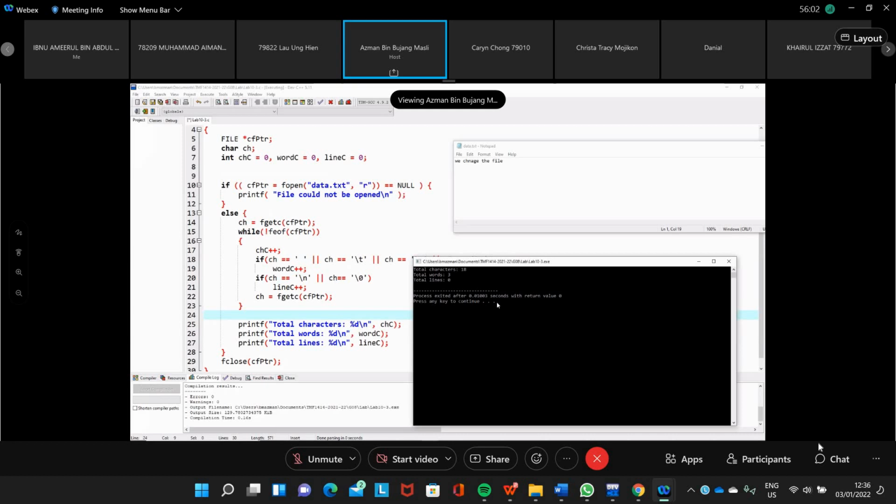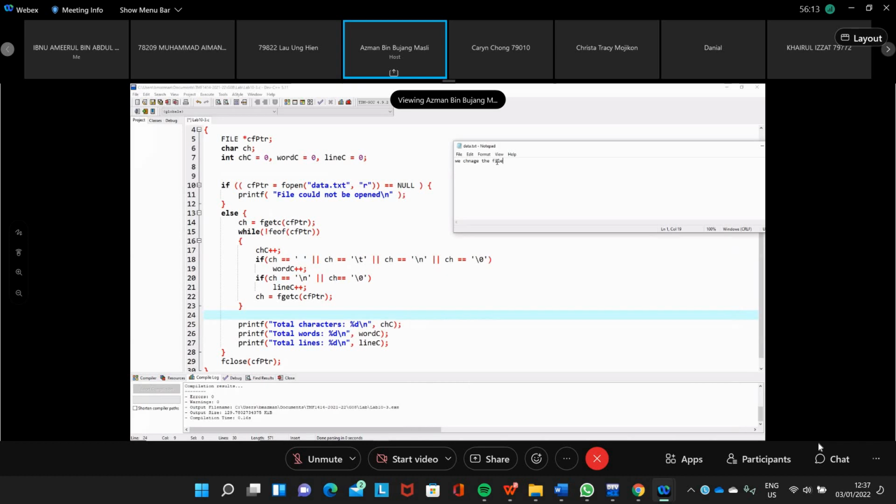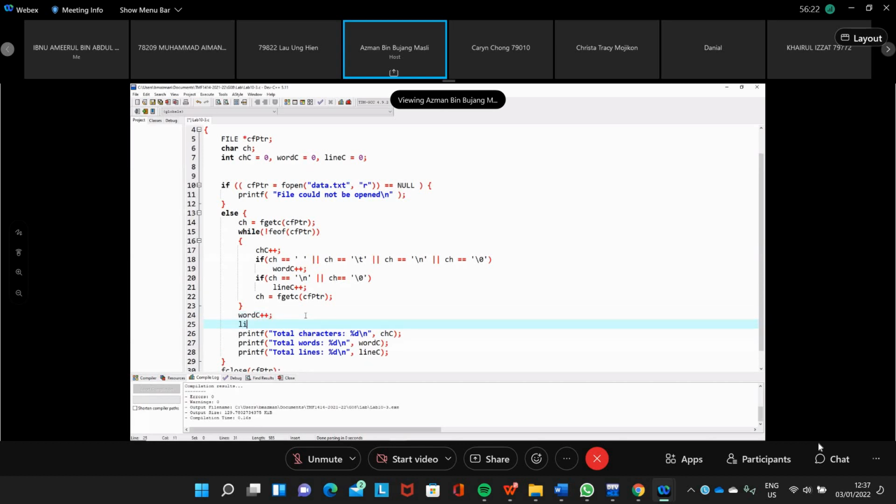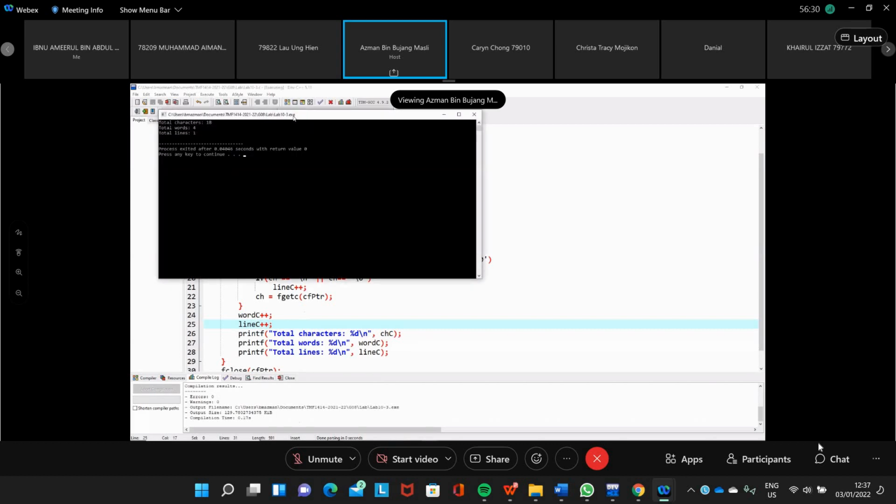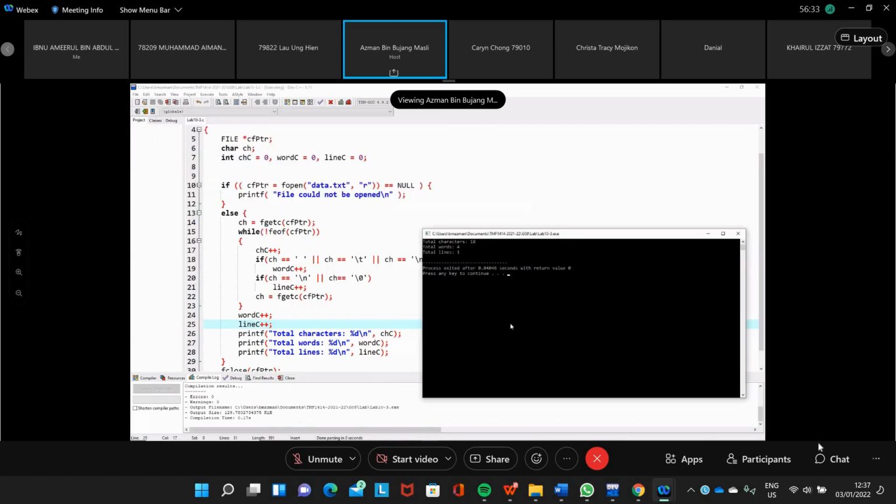We need to increase the word count as well because the last word has not been counted, because we reached the end of file at the end of the last word. So we need to put here word count plus, and then we need to increase line count plus as well, to get it correct. So when you run the program, you get it correct.